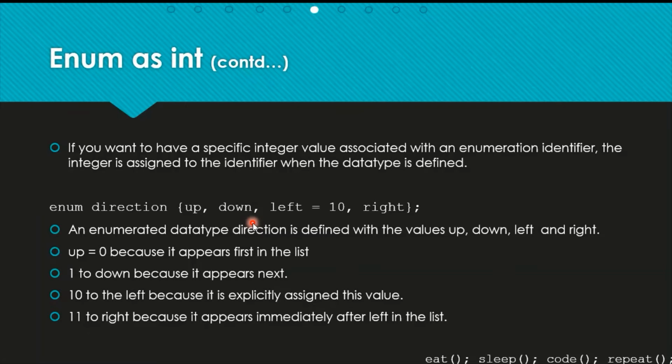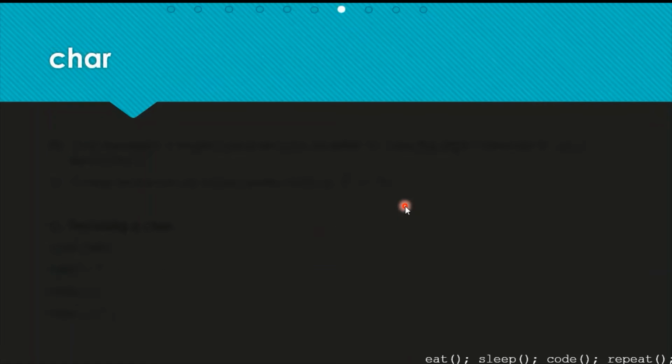One thing we will observe, that the two identifiers can be associated with the same integer. We will see when we solve the example. Okay, so this also means I can also put right equals to 10. Okay, the same integer can also be used to associate the identifiers. We will see when we solve the example. Okay, so this is what enum was.